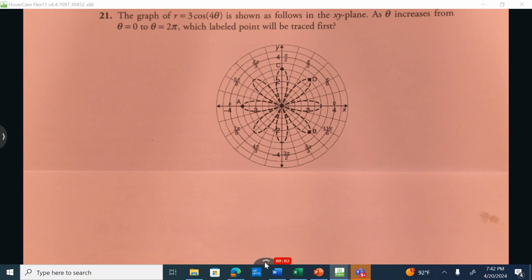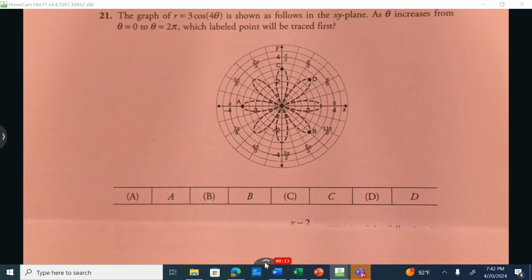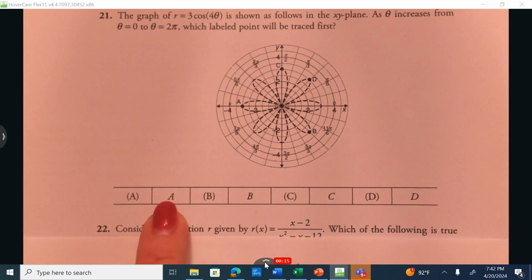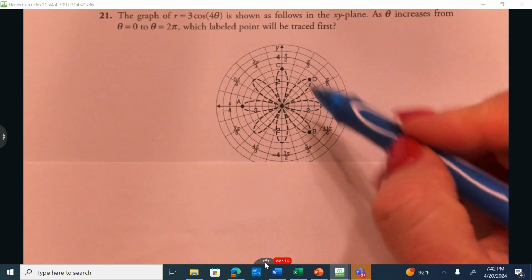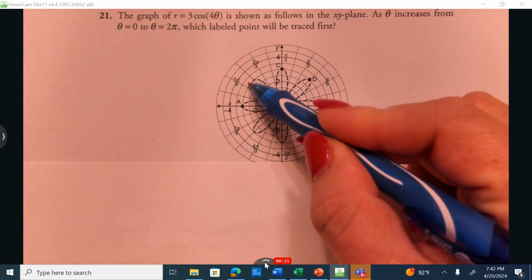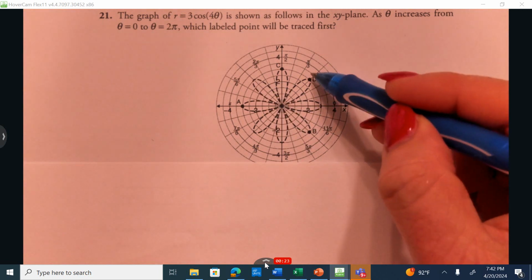We want to graph the following on this xy plane, and we want to graph it where theta equals 0 all the way out to theta equals 2 pi, and label the points that will be traced first. So we want to know which one of these points, A, B, C, or D, are we going to hit first. Now notice here, if we think of these as petals of a flower, notice they are going to hit